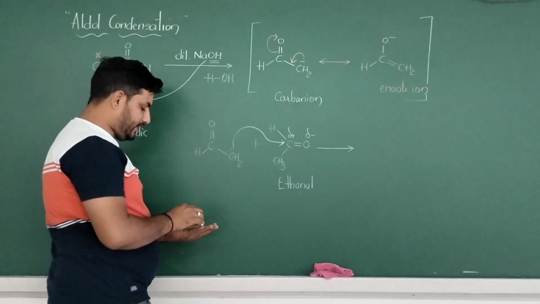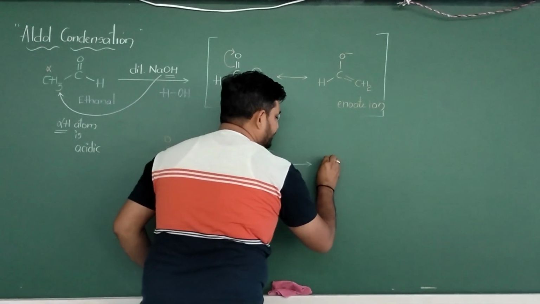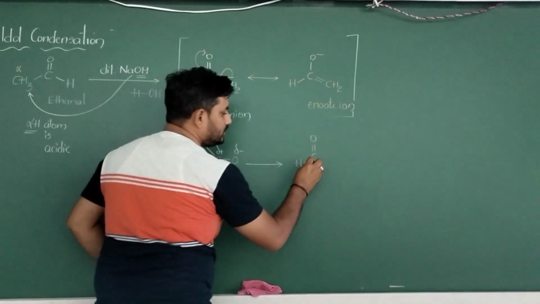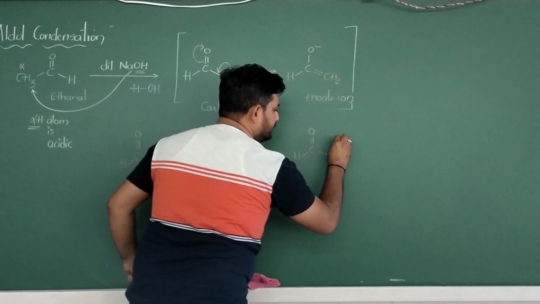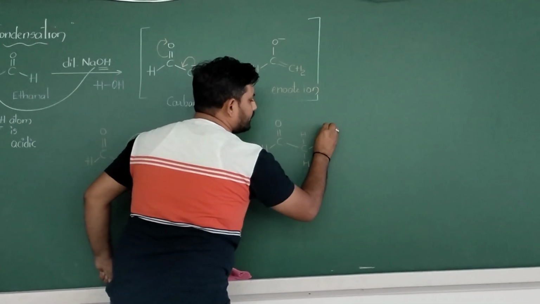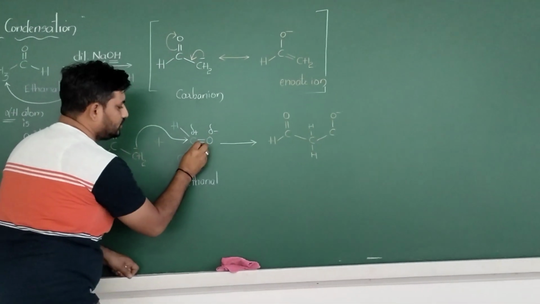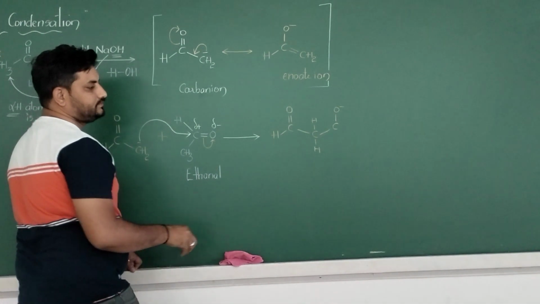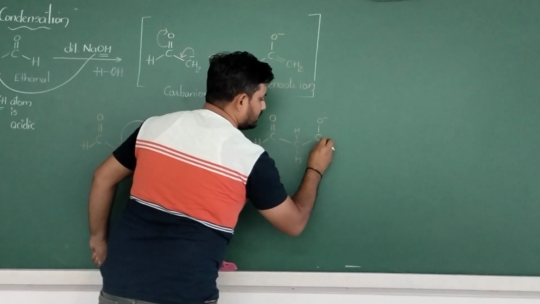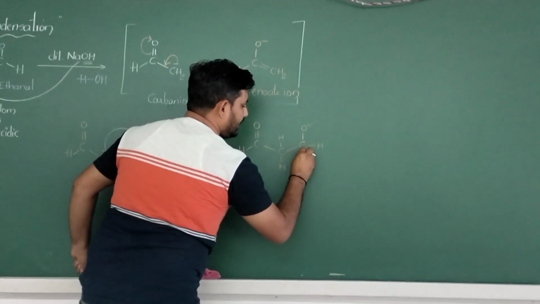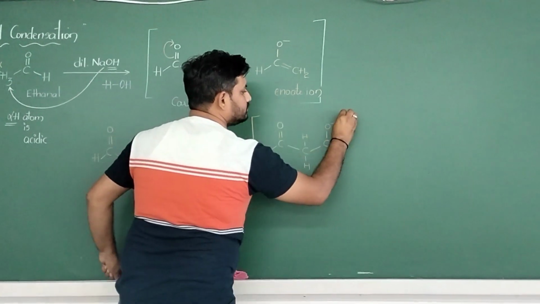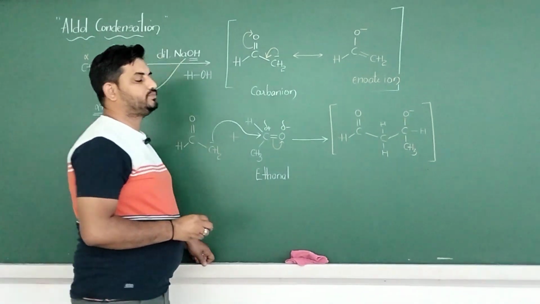Look at the intermediate carefully. Let me write an H, a C double bond O, which are not involved in the reactant. The CH2 group, let me write it in a complete format. This is connected with the carbonyl carbon now, which has turned out to be O minus due to the shift of electrons. Further, there is a hydrogen connected and a methyl group connected. Now this happens to be an intermediate. This happens to be an alkoxide intermediate.